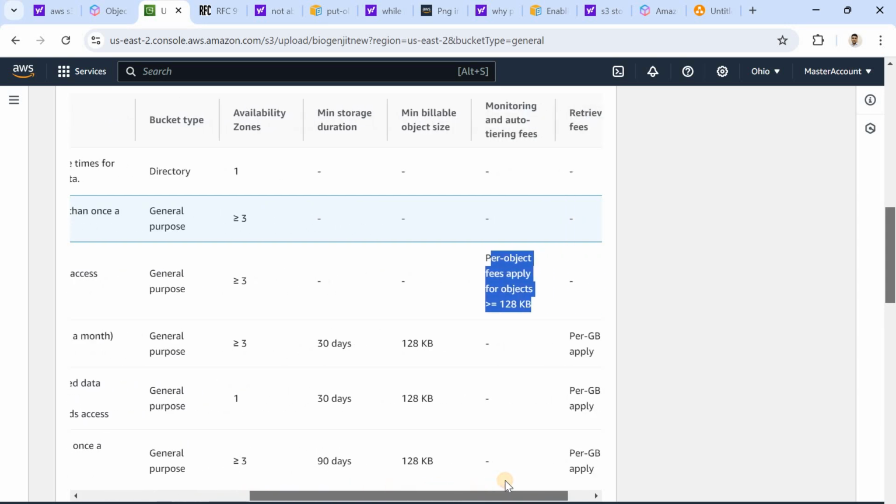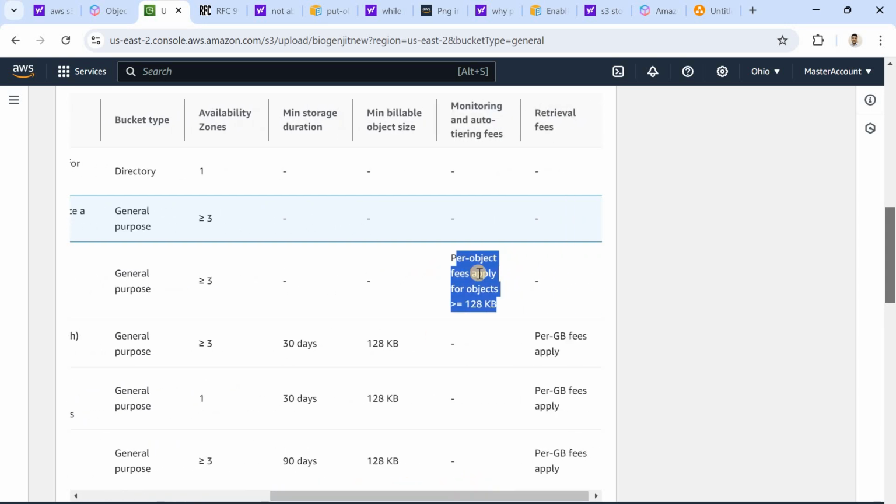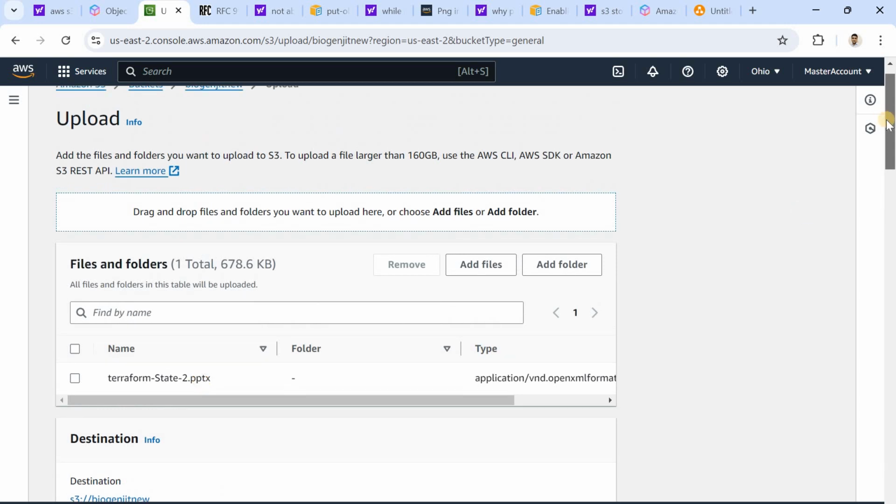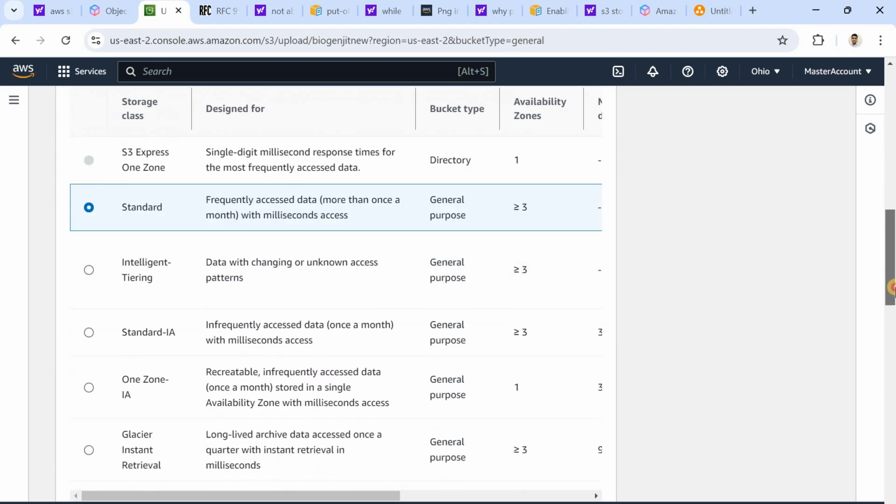This is the intelligent tiering. If it monitors a specific object that is not frequently accessed, like S3 Standard-Infrequent Access, it will transition automatically. We do not need to do anything, we just need to select the object type as intelligent tiering only. So if you are going to upload data to this bucket,